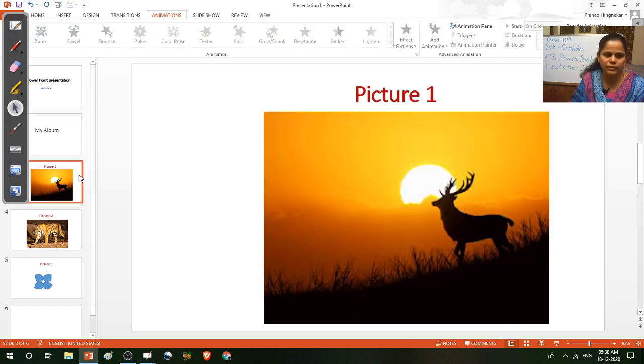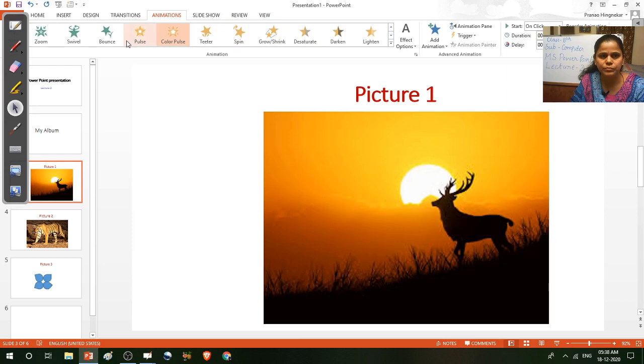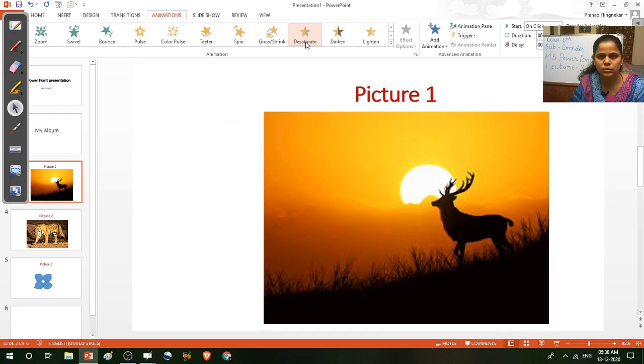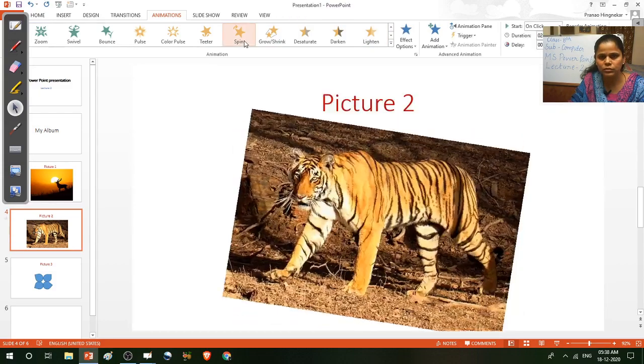Then select the next slide, select this picture and set a specific animation. Click on this arrow button, there are more options of animation. Bounce. Clear? Then select the next picture and set the animation option.